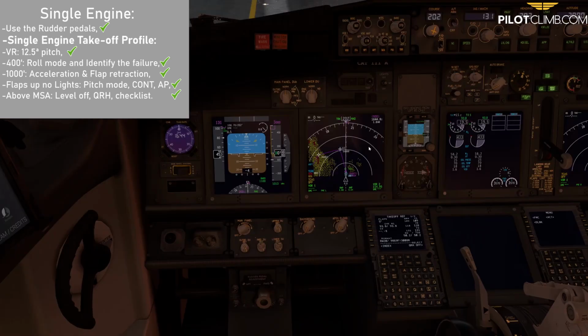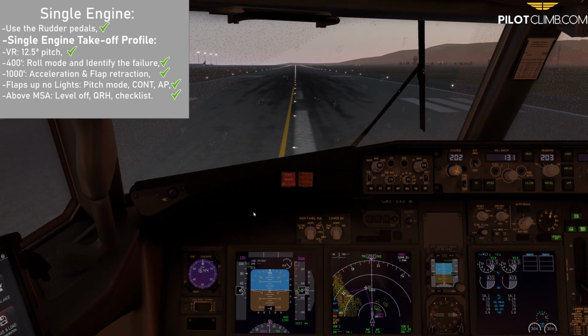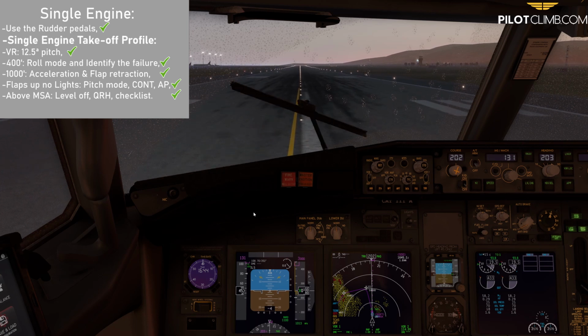So guys, if you are happy, just the last thing before takeoff, okay, we are going to perform this flight without any flight directors nor auto throttle, so it's going to be manual flight. We are going to engage the autopilot once we retract the flaps and everything is fine. We're going to switch on the flight directors, the roll mode, set level change, and then command A. We're going to engage the autopilot and all the roll and pitch modes later, once we've got the flaps up and we are climbing to 3000 feet. Okay, so beautiful. So now that we are ready, we set thrust in there 40%,